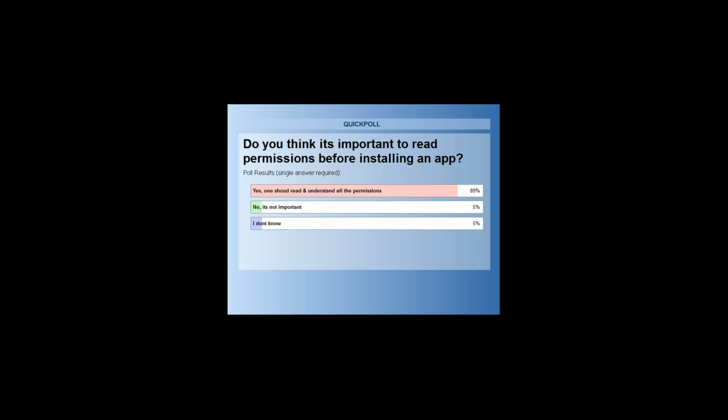You should read through all the permissions that app requires, understand them, and only then, if you feel you're comfortable, install those apps. Or else, you always have an option of canceling the installation. For people who have voted, no, it's not important. I believe you might have your own apprehensions about it. And in case you have any doubts or you require more information, please feel free to send us your queries